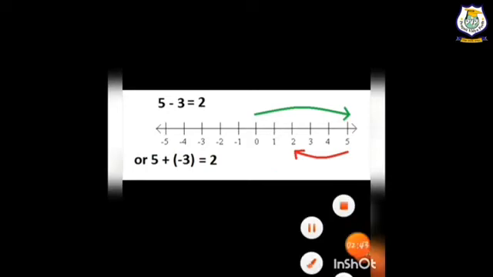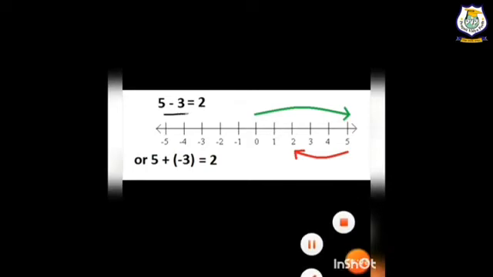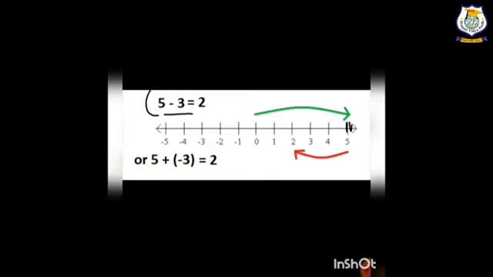In this example also you have seen two numbers, 5 and -3. What I have told you, the first number is for indicating the number. It means from where we will have to start, we will have to start from +5, and the second number is -3. It means a negative sign is there, so we will have to move from right to left side. So how many steps will we have to take? 3. So we have to take from 5, 1, 2 and 3. How many steps have I taken backward? 3 steps. And now on which number am I? +2. So the answer is +2.